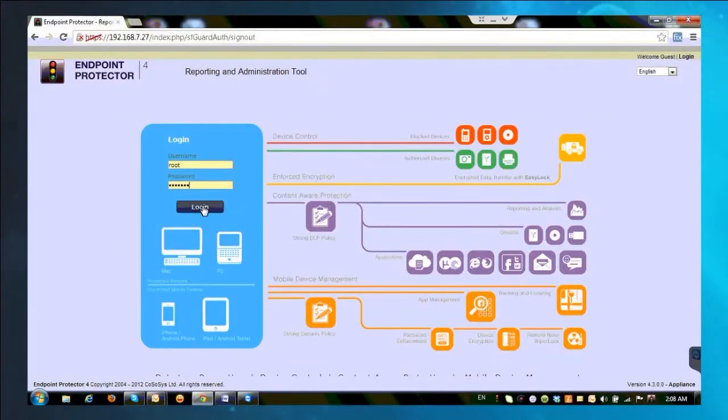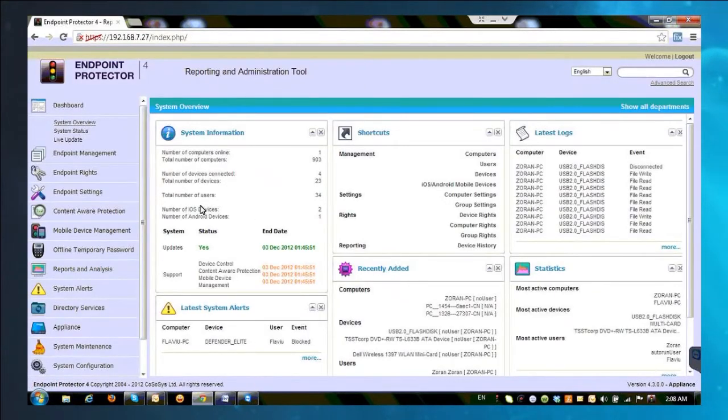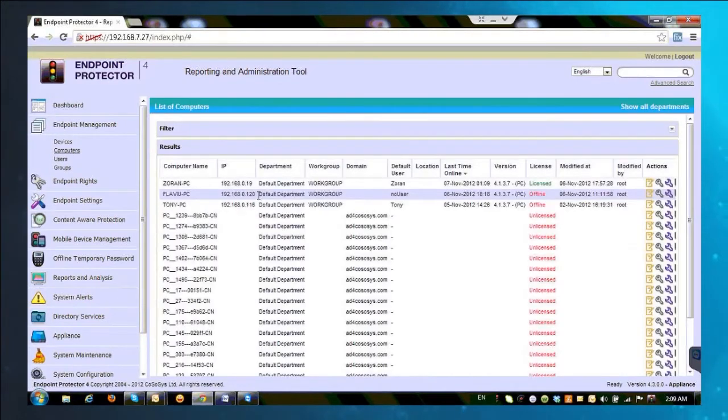This is the interface with how we connect to the server. As you can see right now, I've logged in, and here we find several information regarding the system. And I'm going to show you some small functionalities of the app just to get you a small teaser of it. So first of all, I'm going to show you a little bit how you have the possibility of defining